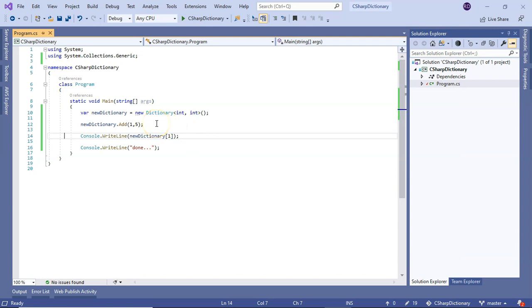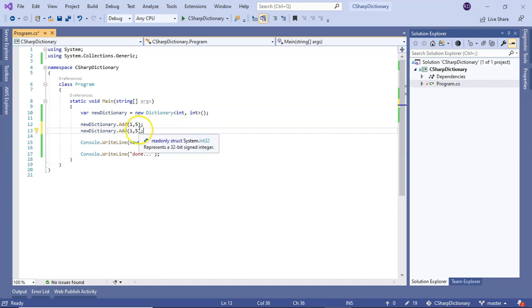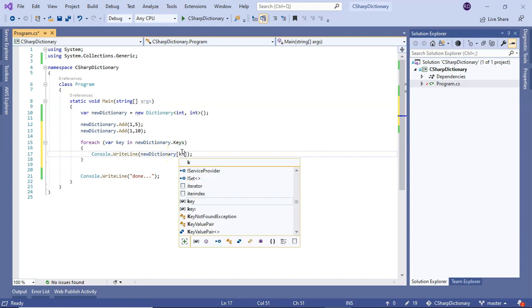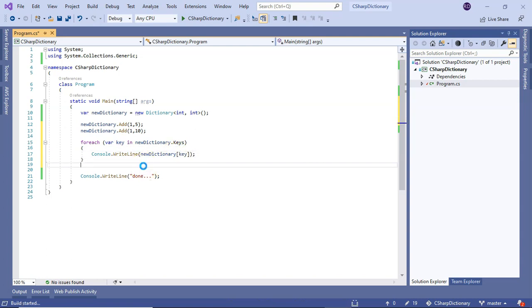Now what if I add one more value, like say 10, and how to print that? In that case you can print it using a foreach loop. Loop over the keys. You have to take the keys, so you can get all the keys, and now we are getting the key, and then we can just put the key here, and it will print one by one. So if I run it now,